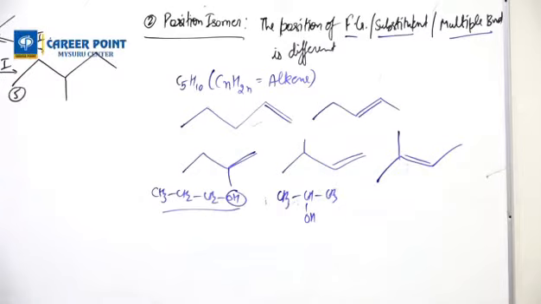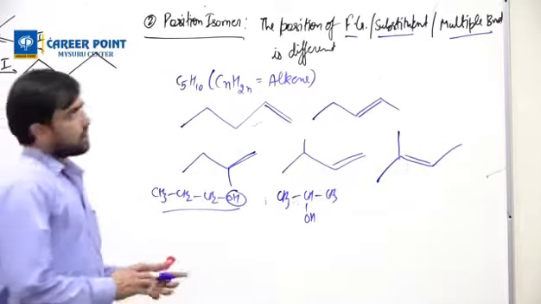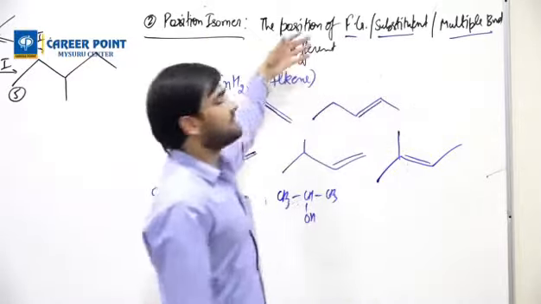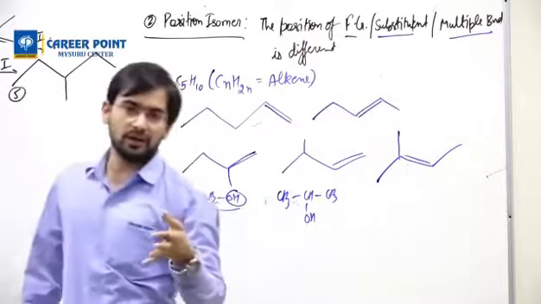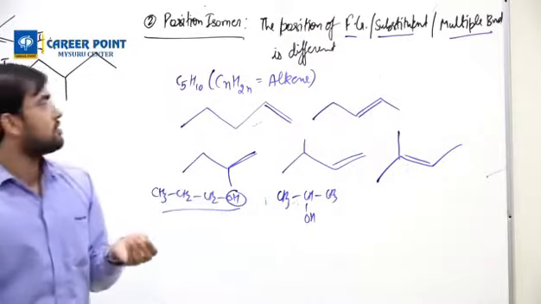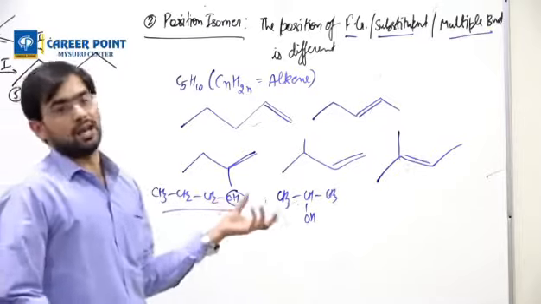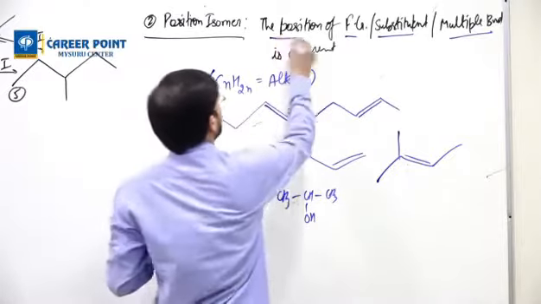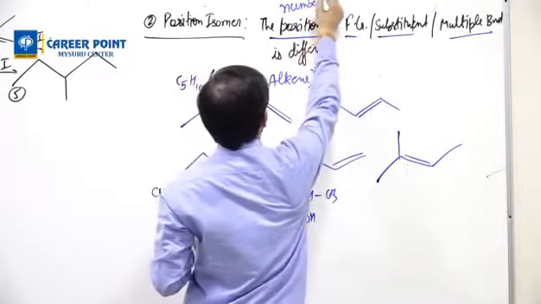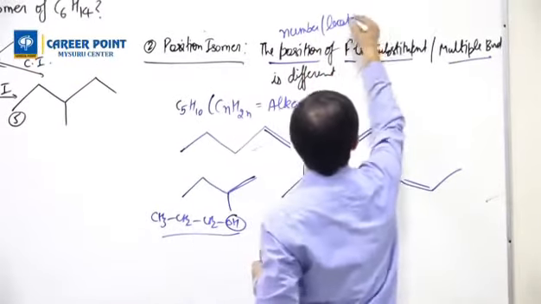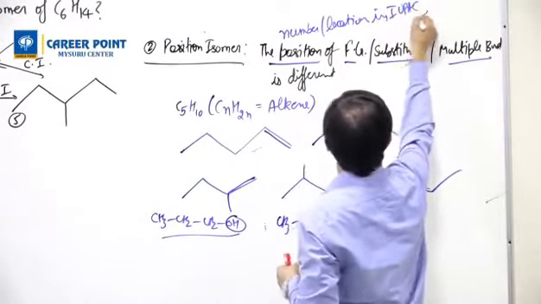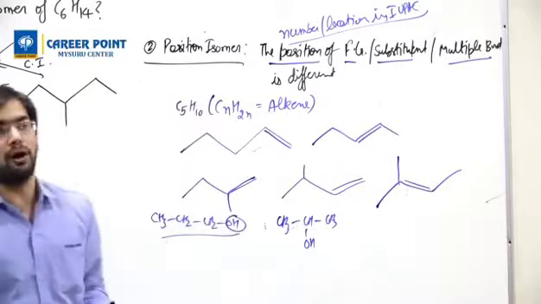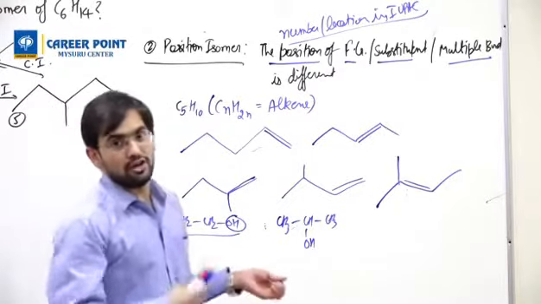Sir, please do it once again. Position isomer. Okay. So position isomer is where the position of functional group, substituent or multiple bond is different. It means if you have a functional group in a compound, if you have multiple bonds or if you have substituent, substituent means methyl, ethyl, propyl, if these are there, so its position must be different. Position means what? Their number or location in the IUPAC name. You write now 2-methyl, so you should not write 2-methyl, you should write 3-methyl if possible. Then only the number will be changed, and to change the number you should change the structure.